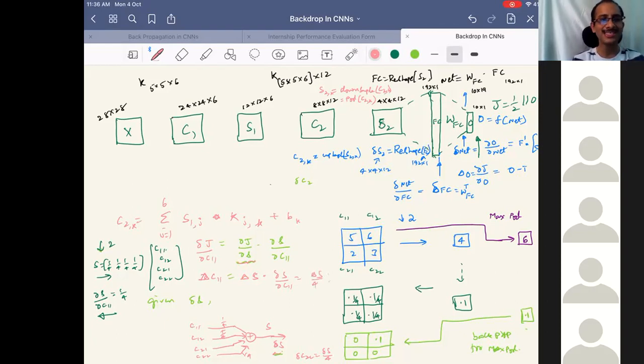So now there is no discrepancy, as you can see. Both the computational graphs and the mathematical approach give the same result, except that we should note that the back propagation is from J, and dou S by dou C11 is only a term in back propagation. It's not the final solution relating delta S and delta C. So I hope this is clear now. I assume it is clear. If it is not clear, please ask me.